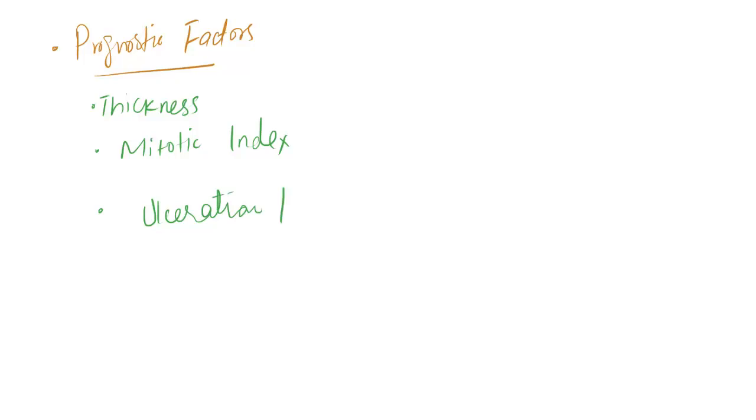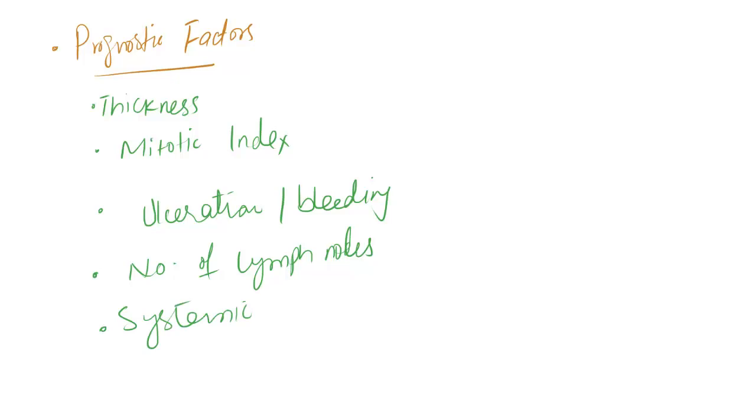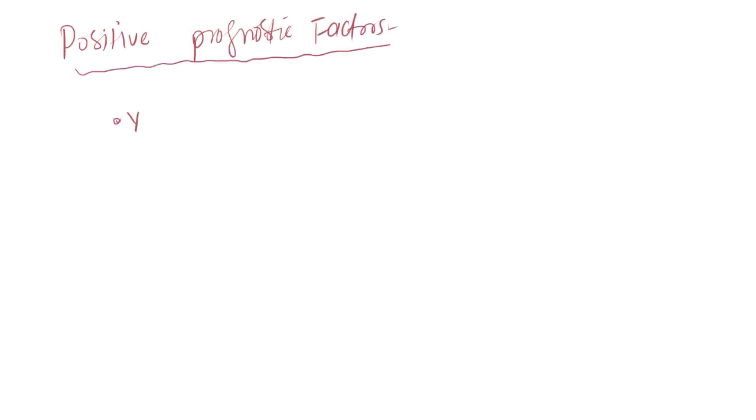The most important prognostic factors include the following: thickness and level of invasion, mitotic index (mitoses per millimeter), ulceration or bleeding at the primary site, number of regional lymph nodes involved with distinction of macrometastasis and micrometastasis, systemic metastasis including a site, non-visceral versus lung versus all other visceral sites, and serum lactate dehydrogenase level elevation. In general, positive prognostic factors include the following: younger age, female sex, and melanoma located on the extremities.